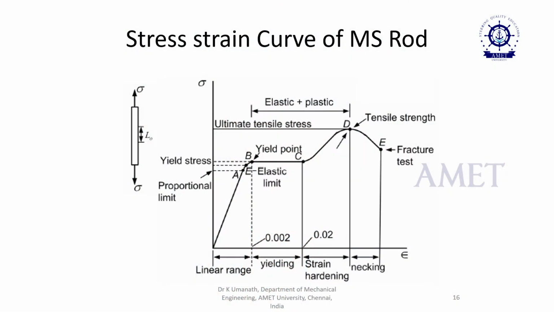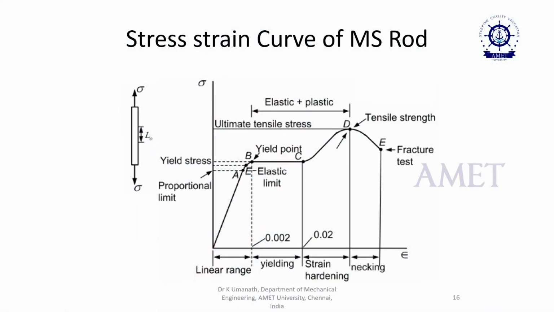In this picture we show the different points A, B, C, D, and E from the stress-strain curve. Point A indicates the proportional limit of the metal, then B, and C is the lower limit and upper limit of the metal. Point D shows the ultimate tensile strength of the metal, which is what is normally called tensile strength. Point E shows the fracture strength of the metal. With this you can find these properties. The main properties are yield strength, ultimate strength, and fracture strength.